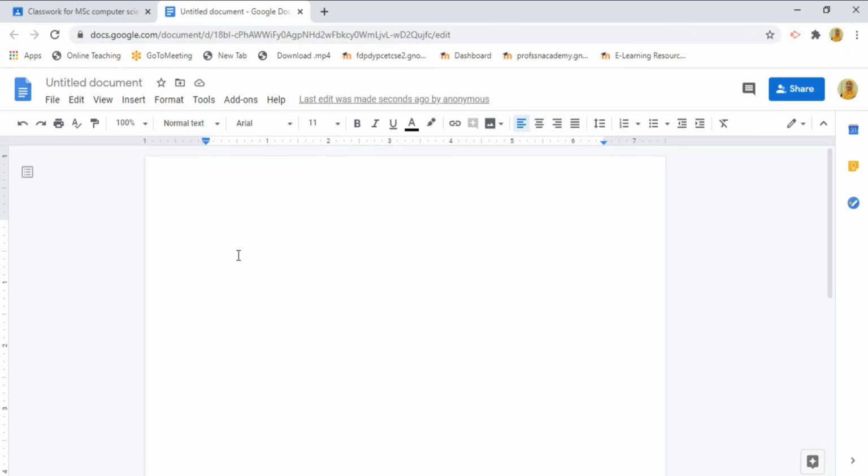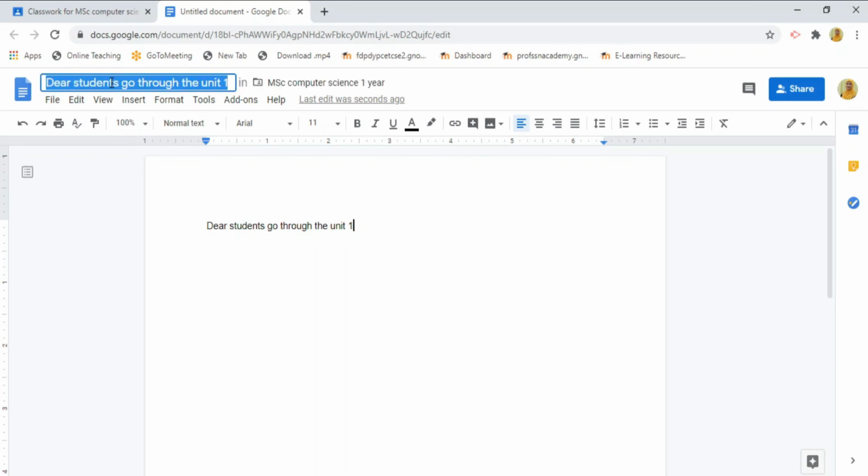Just I am writing, dear students, go through the unit 1. Okay. And here you can rename the document. For example, if you want to rename the document, just click on this option and you can write anything that you want to name. I am writing here Intro IoT and just close the file.